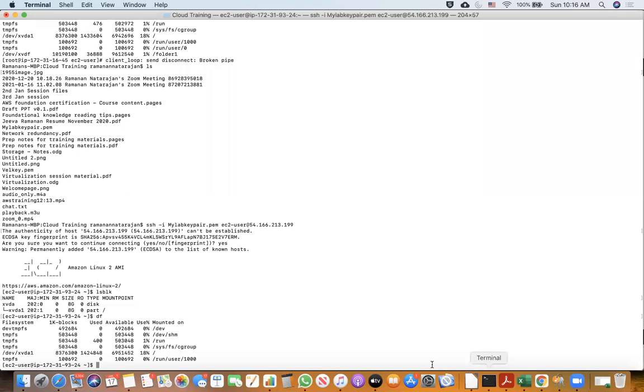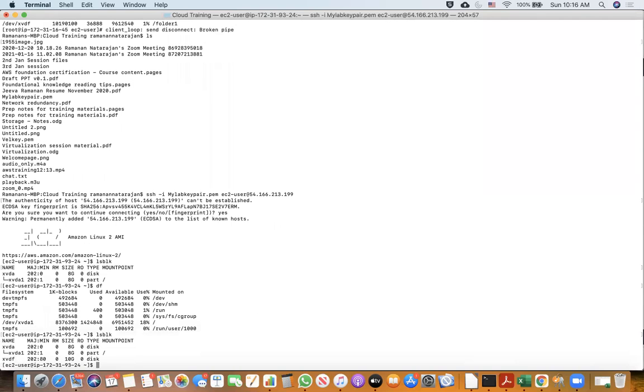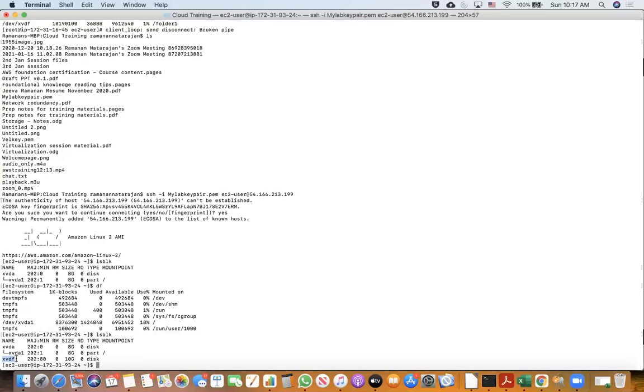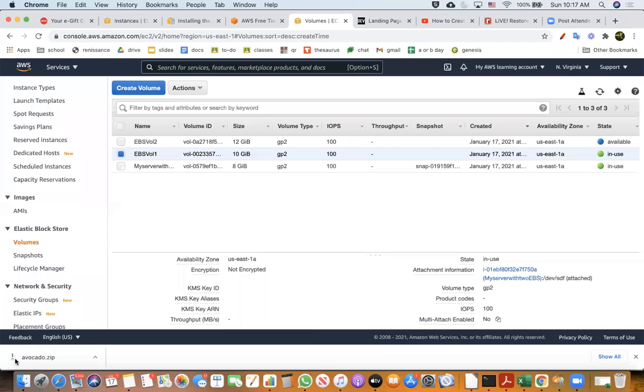Now I will go back to the server and show you. Remember we ran the lsblk command. When I run lsblk, you see xvdf, right? Here it says sdf. So the AWS representation is sdf, but when it comes to Linux, the same name is displayed with xv instead, as Linux terminology for a logical volume. Okay, so that is how it looks at it.